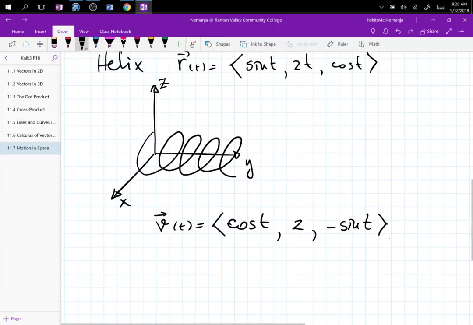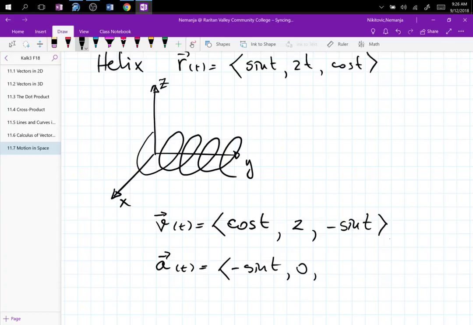Very good. Now we are going to find the acceleration vector, a of t. The derivative of cosine t is negative sine t, the derivative of 2 is 0, and the derivative of negative sine t is negative cosine t. Perfect. So we have these guys, and now we need to